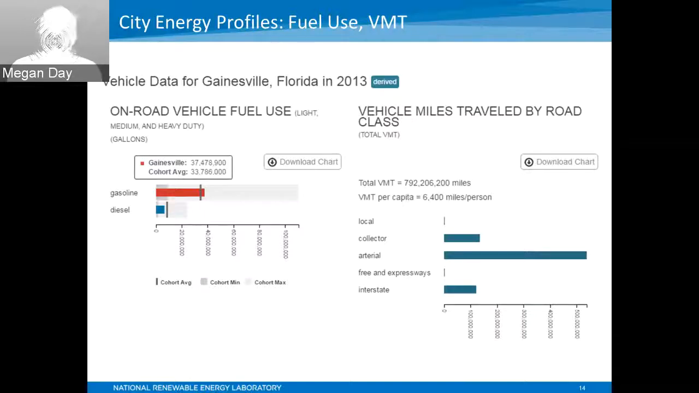So the fuel use is actually, I think, a really interesting methodology. Here we have, in electricity and natural gas, we are estimating data, and a lot of cities have measured actual data from their utility. But for fuel consumption and vehicle miles traveled, everyone is making an estimate, right? There is no actual measured data with a certain degree of accuracy. So we're pretty excited about the fuel use